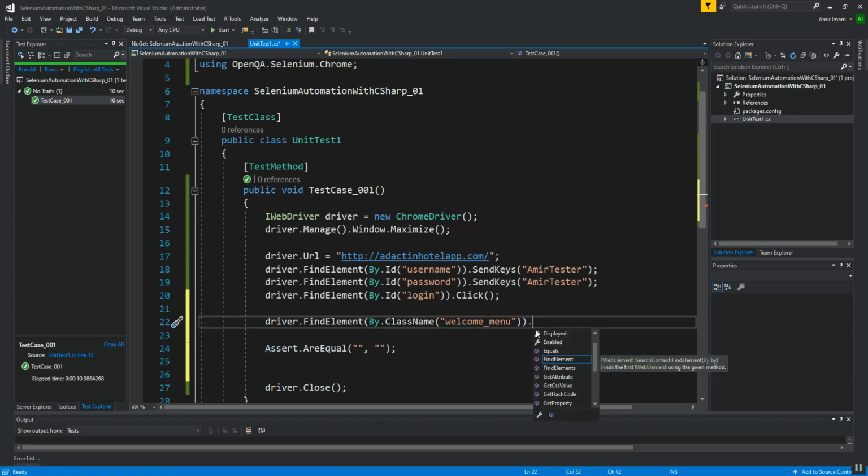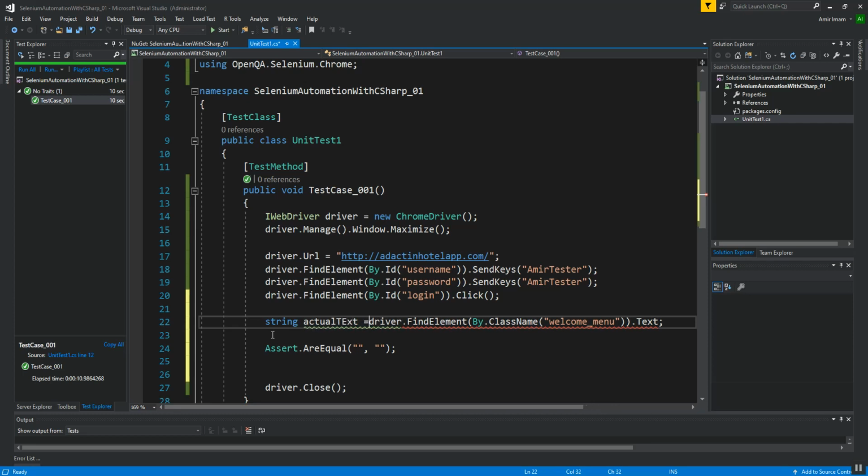Now I am going to get the message present in the welcome menu. It is giving me an error because it returns a string and I am not collecting that string. So I am going to create a string type variable named actualText, which will get the welcome message and save it to actualText.